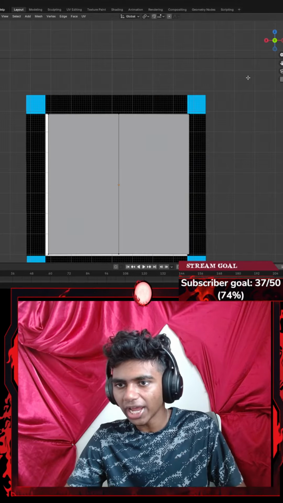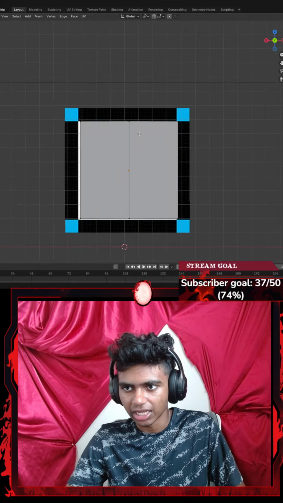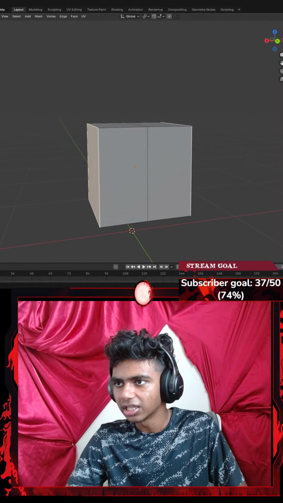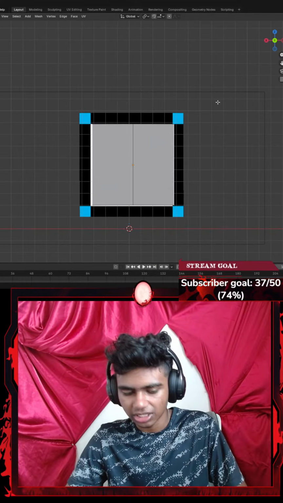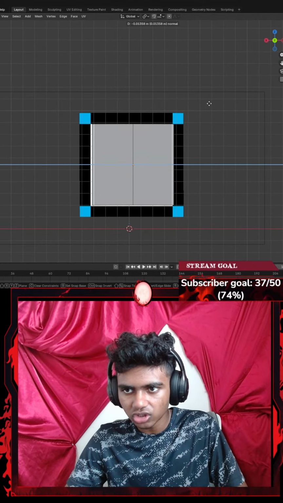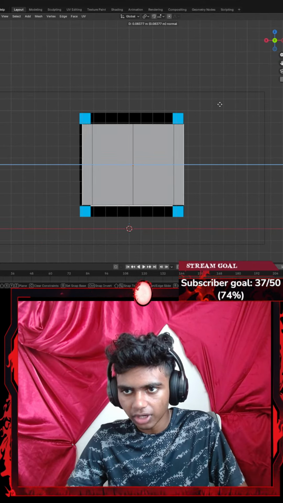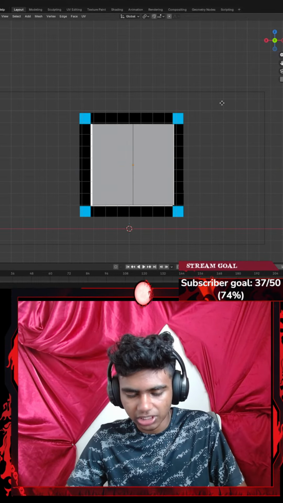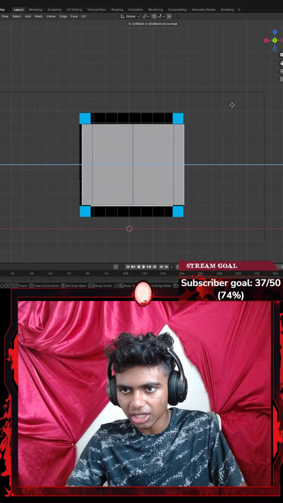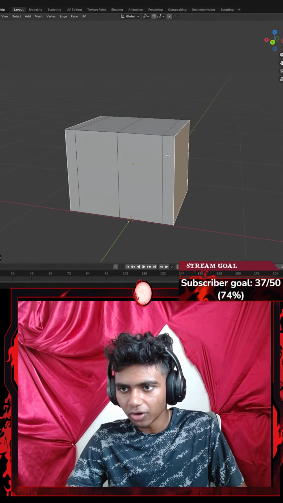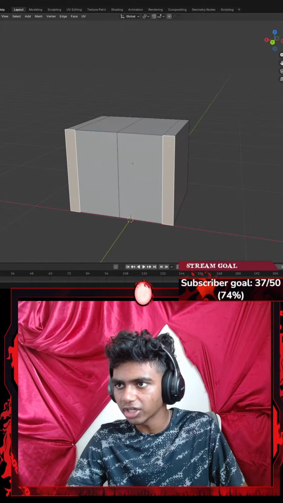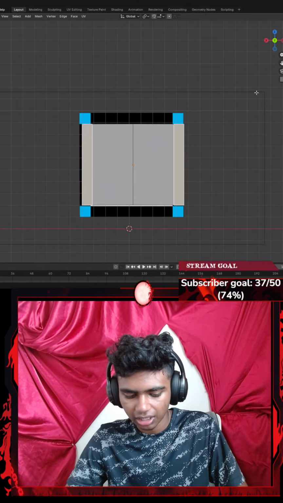Let's go back to my y-axis. I'm going to go ahead and, let's say, extrude my stuff from here. Let's go to my face select. And then I'm going to go back to y-axis. Let's go ahead and hit something like E to extrude. There, that should be good. Okay, maybe I'm going to go with something like Control Z. I don't want to extrude all that much. I think that should be good. And then I'm going to go ahead and face select this as well. I'm going to go ahead and extrude it a bit in front. So I'm going to go back to y-axis.